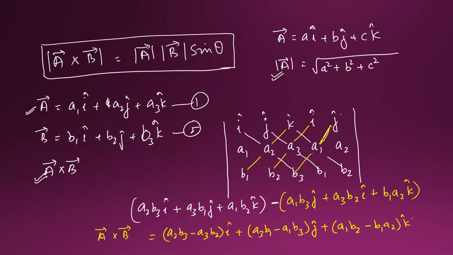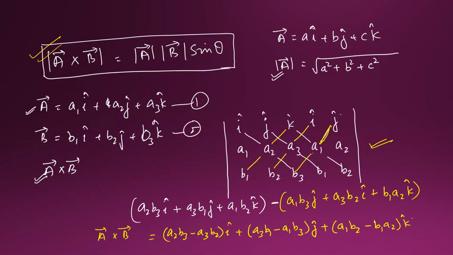Sir, we have to remember this formula? No, you always go through this method. Just write down in such a manner, and after that just place a cross mark over here and just write these values. You'll get the value of a cross b. As you know that this is a vector, so to find the magnitude, because your formula is mod of a vector cross b vector, you have to square the coefficient of i, square the coefficient of j, and square the coefficient of k, and add them and just take the under root of that value.